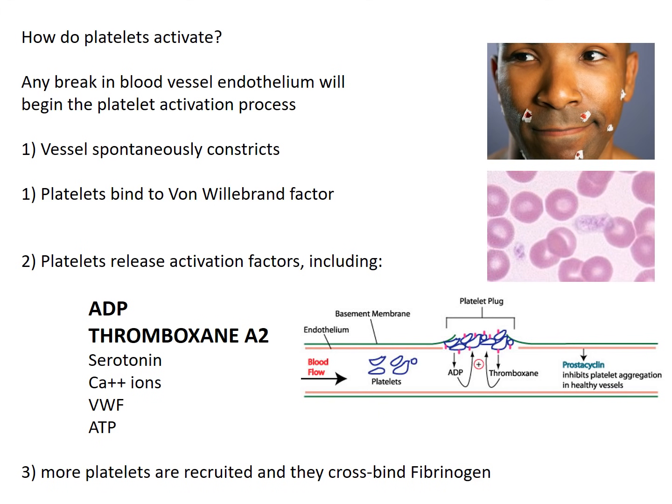And then eventually, all these platelets at the plug are going to start to cross-bind each other, and that cross-binding of these activated platelets is going to produce that primary platelet plug and try to seal up that gap in